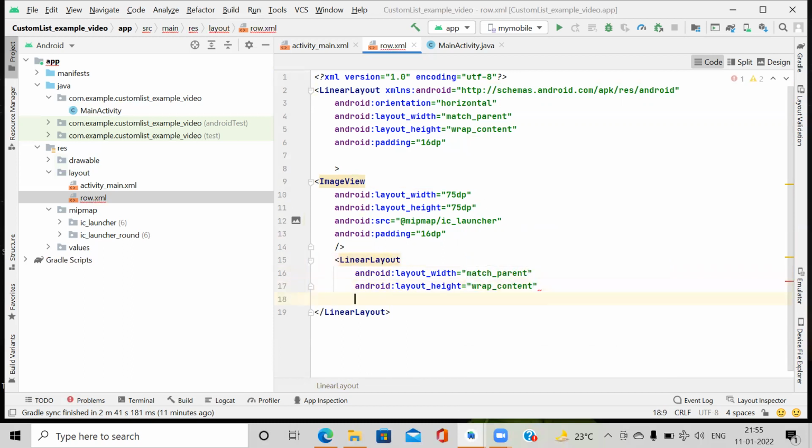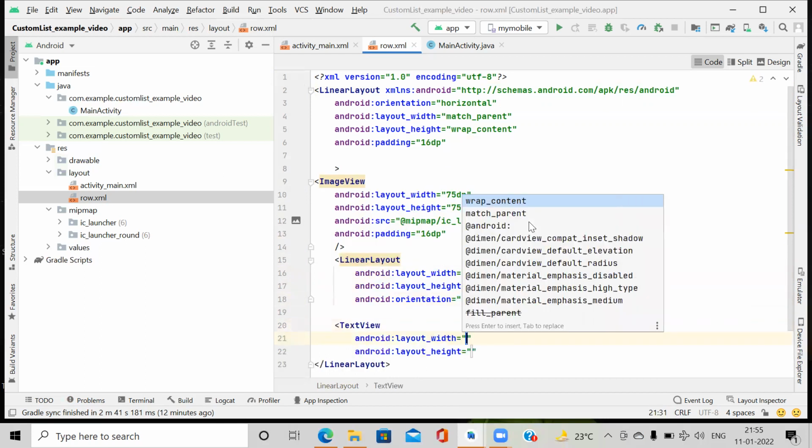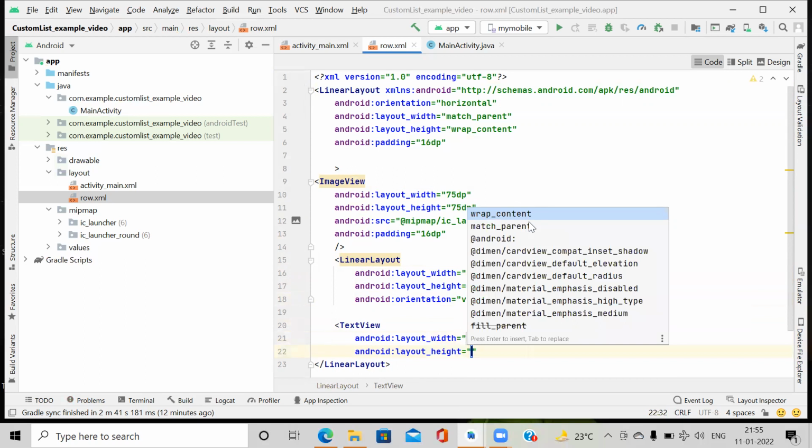Here we set the orientation, which we require vertical. First we set the text view, with width and height match parent and wrap content.